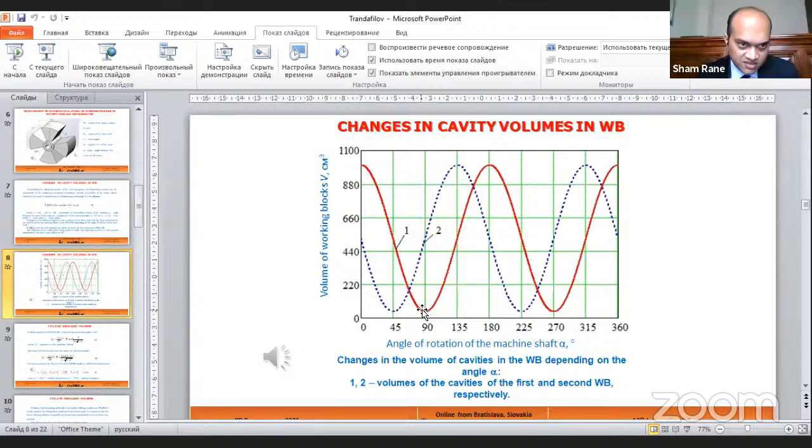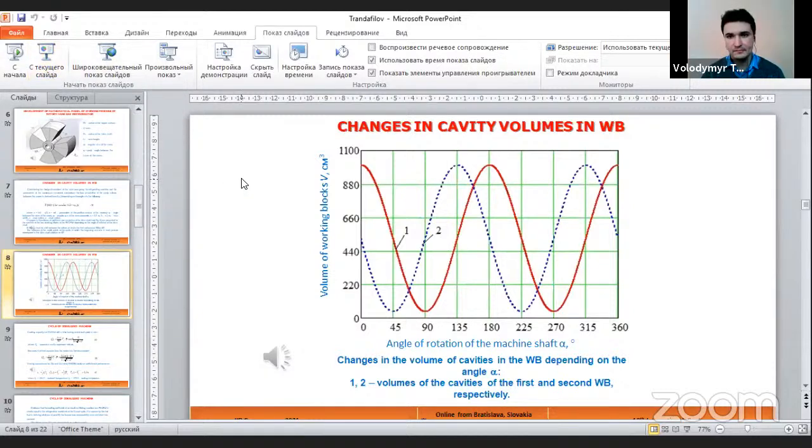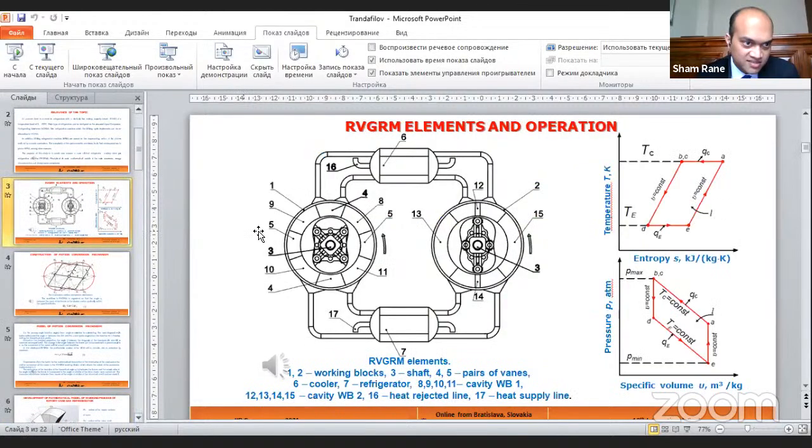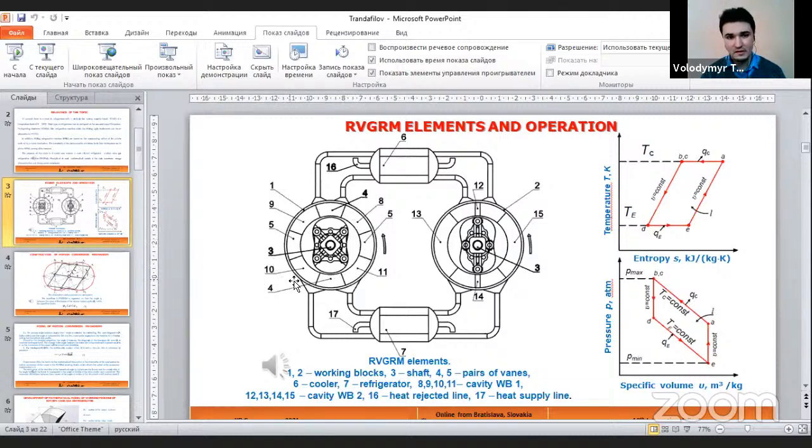If you go to slide 2, maybe, where you have a cross-section view. Cross-section? Yeah, you can scroll up. Slide 3, yeah. Yes, here. Can you show here how the volume is changing? Yes, I shown up. If we have one working block, this side is a compression side, yes, and this side is